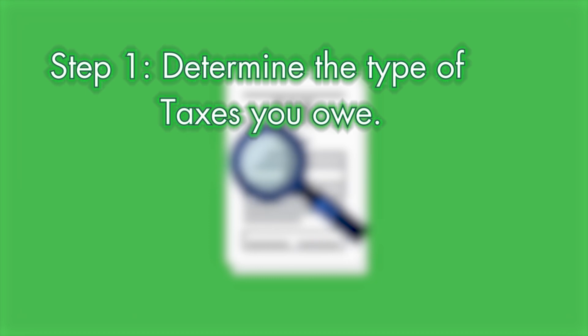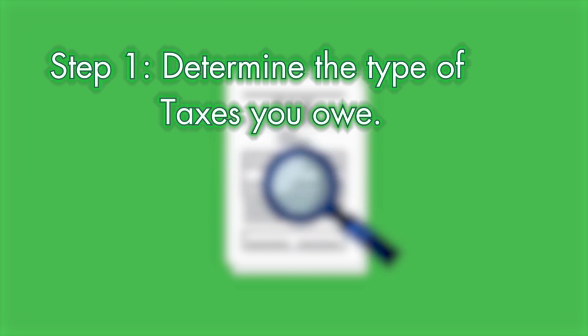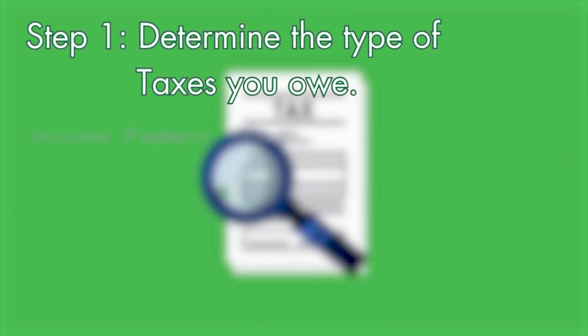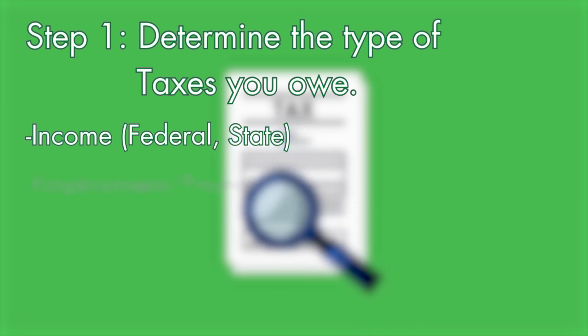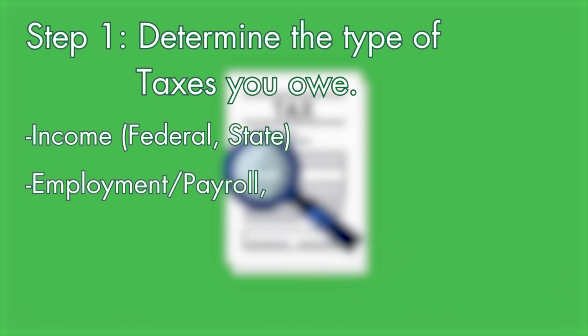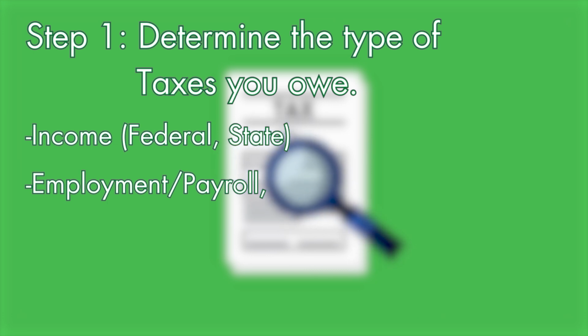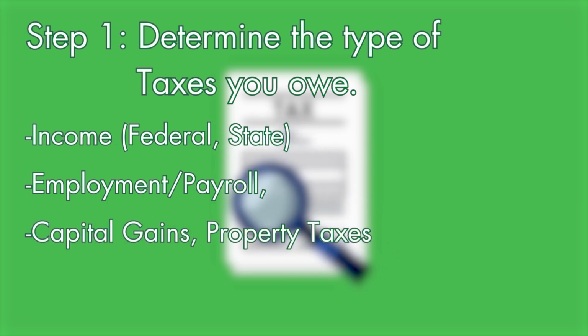Step 1. Determine the type of taxes that you owe. Now, this will probably be the easiest step because it'll say on the forms that the IRS sends you telling you that you owe back taxes. So it will either be that you owe on income from the federal or the state level. If you're a business owner, it could be employment or payroll taxes, possibly capital gains taxes, like if you win the lottery or you come into a large amount of money, like Richard Hatch,